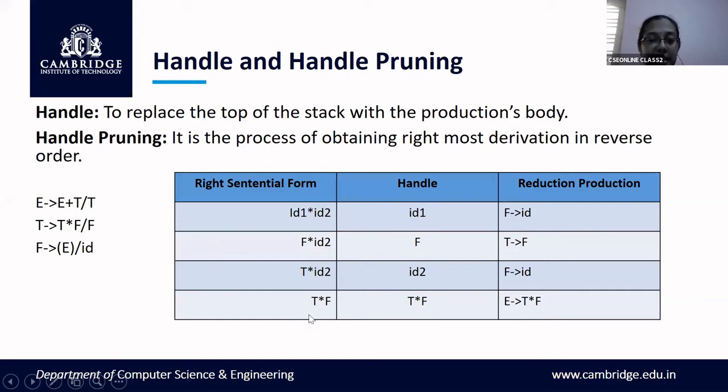Okay, now what string am I having? T into F. Do I have a production rule for T into F? Do I have an LHS for T into F? Yes. What is the LHS for T into F? It is T. Okay, so this is just an example for the handle, and I'm not completely parsing here. In the last column, it is the complete parsing that is happening. Okay, so this is just an example for the handle.